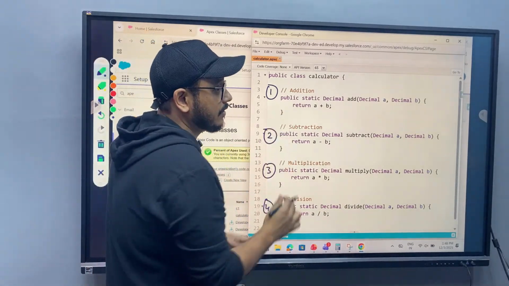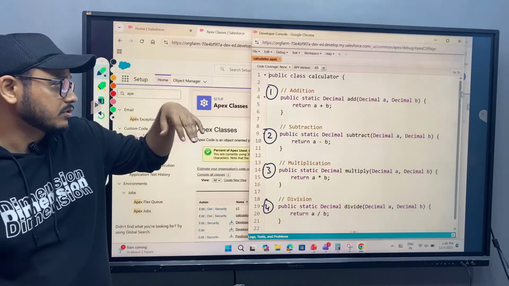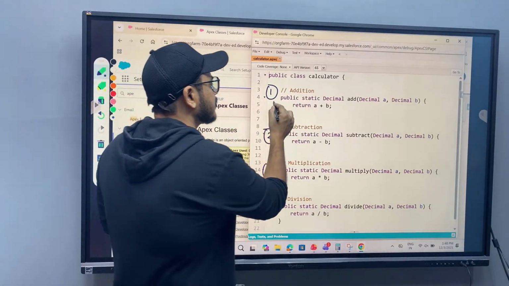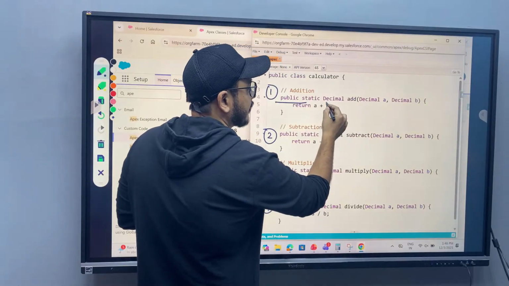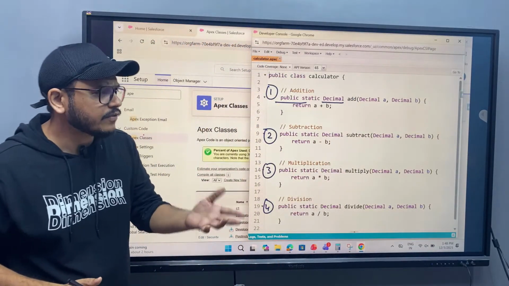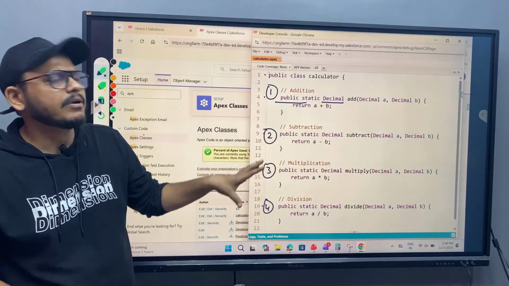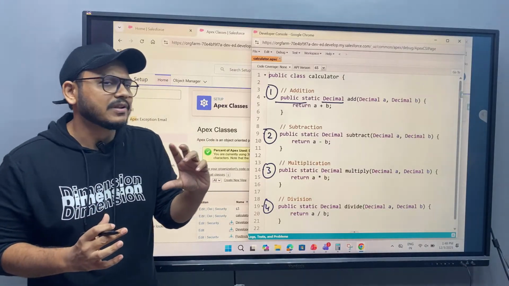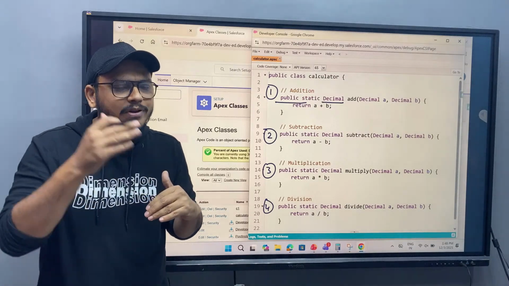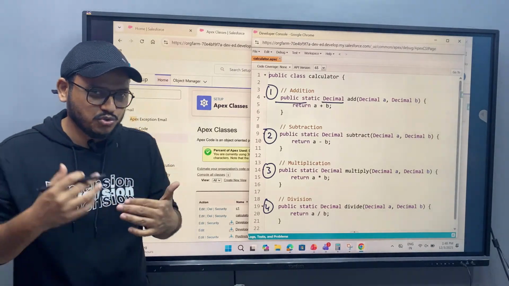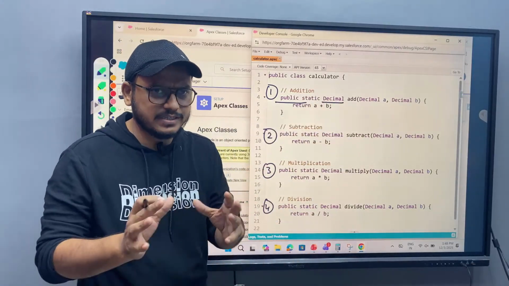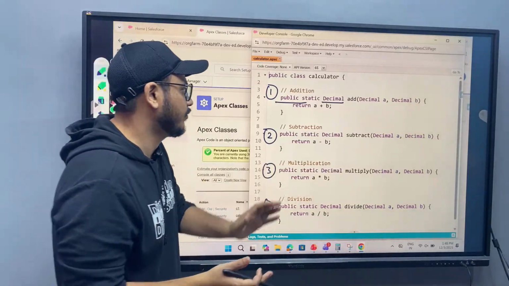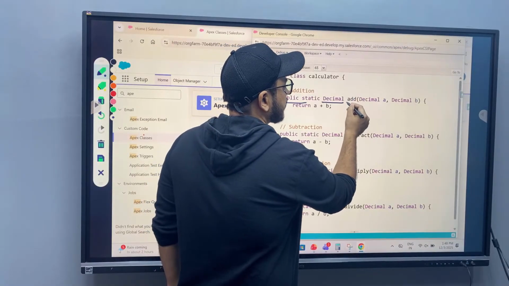Of course, we are going to call these methods from outside this class, so we need these methods to be public. So we have defined a public method. Return type is going to be decimal. I have the option of using an integer here instead of a decimal, but if you use a decimal, you are making this method a little more foolproof. You will be able to add 2 plus 2, and you will also be able to add 2.5 plus 2. So I have used decimal for that purpose. You could have used integer if you are sure that every time it's going to be an integer, so that will also work. This is the name of the method, add is the name of the method,